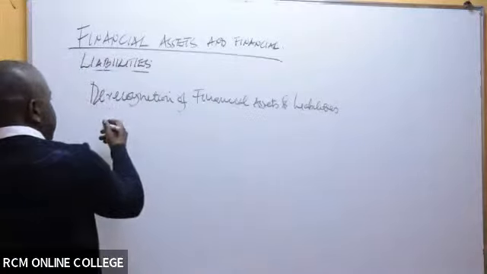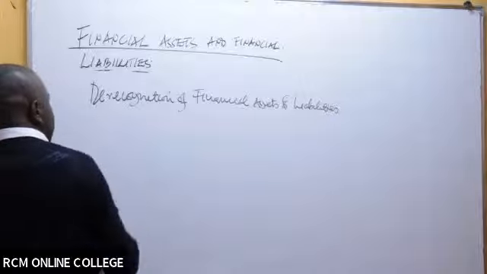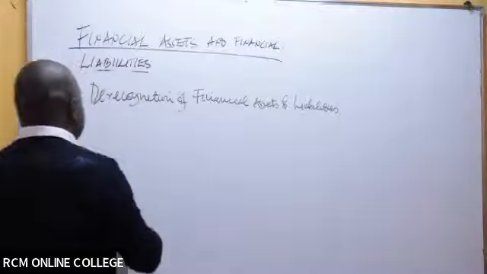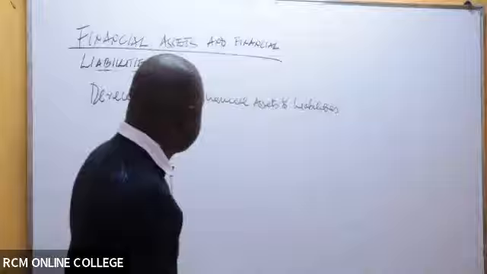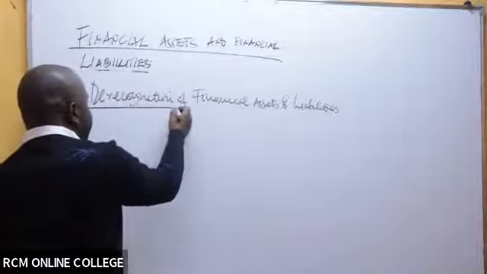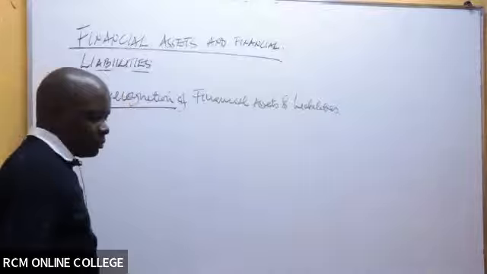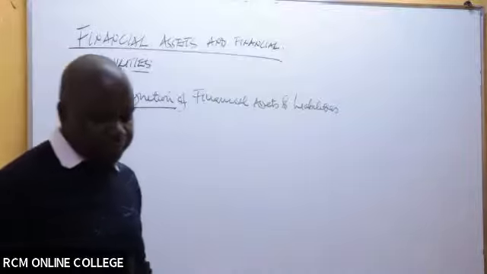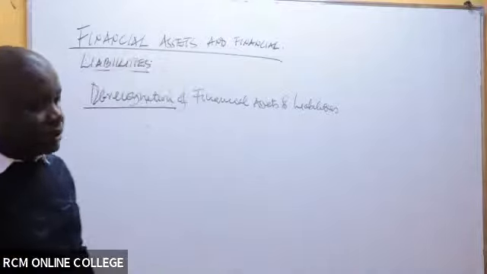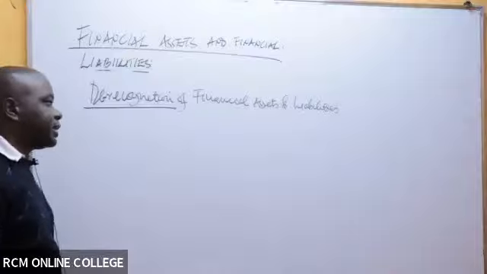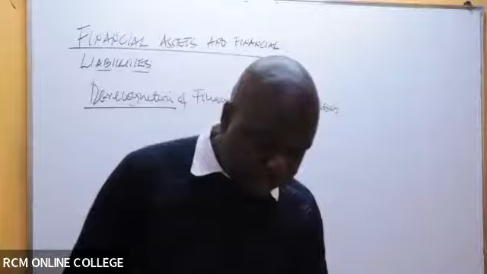So in this case, we can start with derecognition of a financial asset. You can write: a financial asset will be derecognized when; number one, the contractual rights